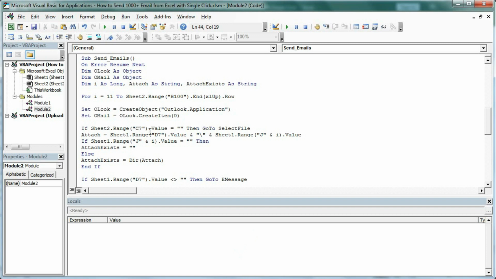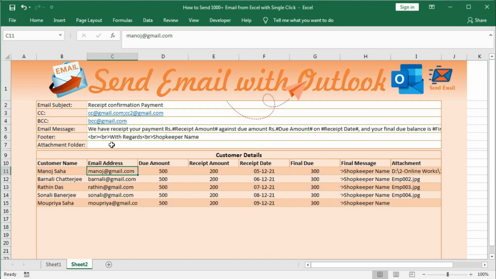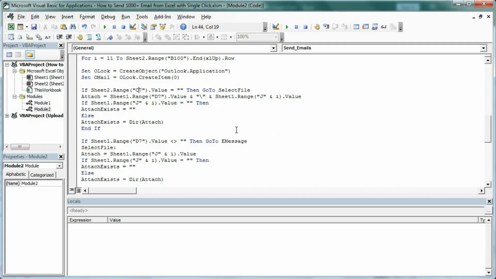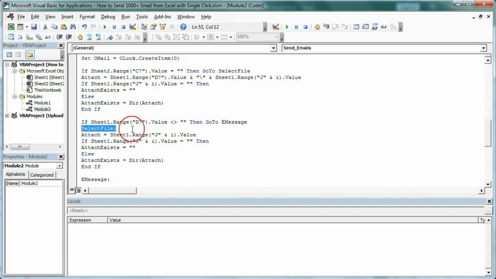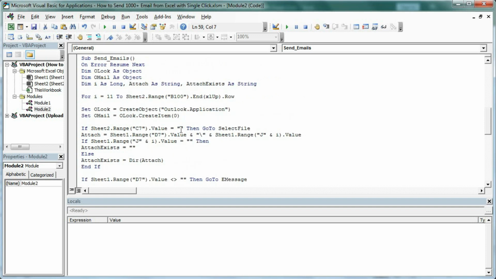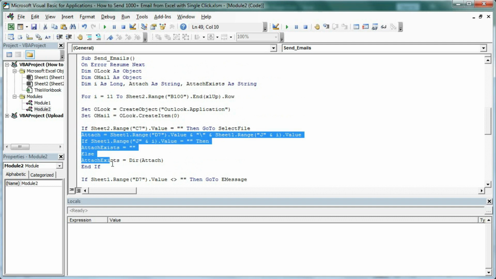If C7 dot value equal to blank, that means we have the path here in the attachment. So for that reason, if this is blank, go to select file. So here is select file and here we have given the code for the attachment, and if that C7's value is not blank, then it will get the attachment value from here.